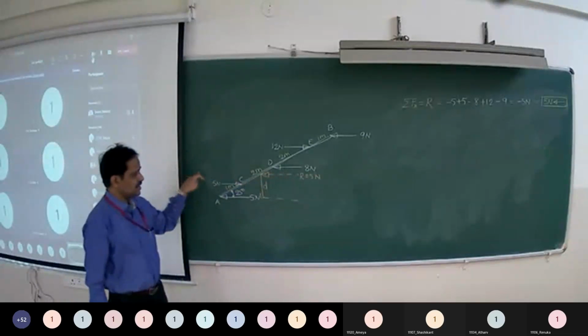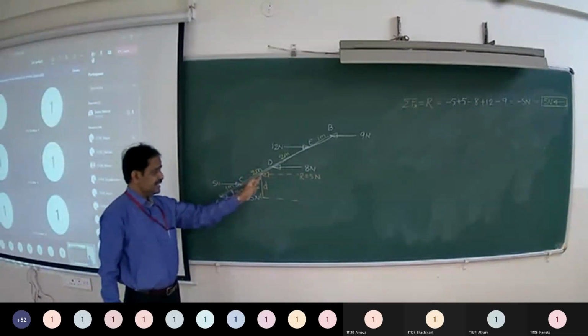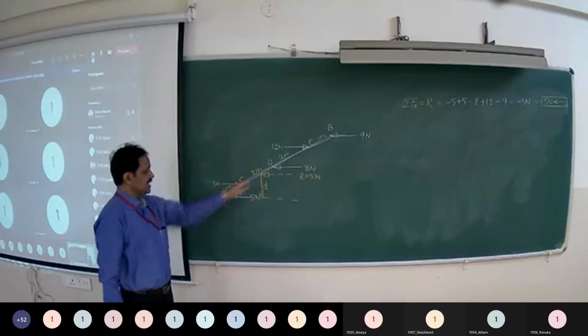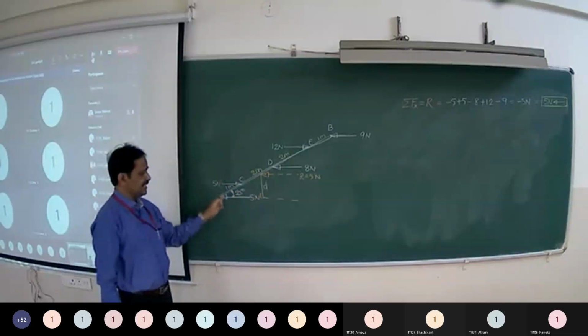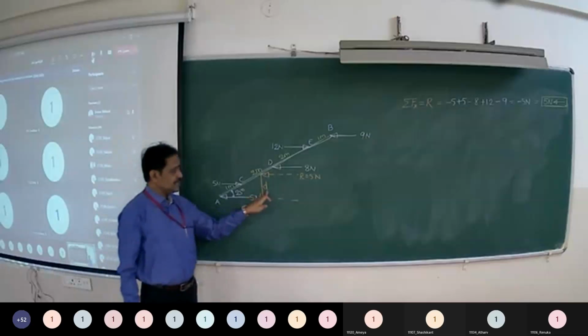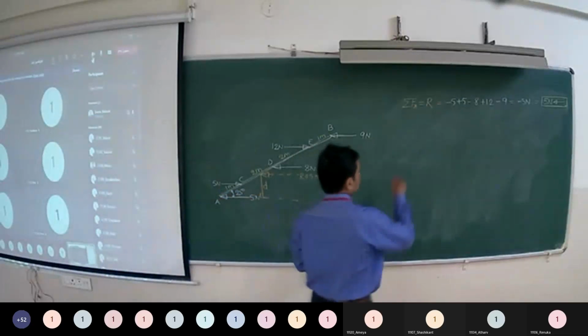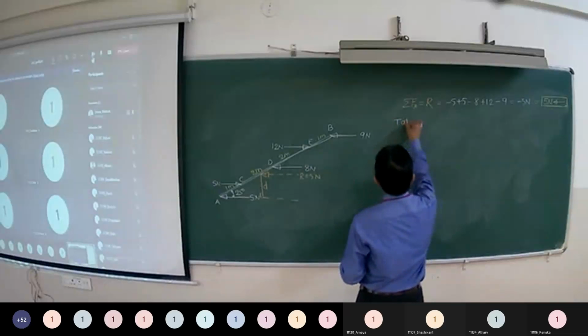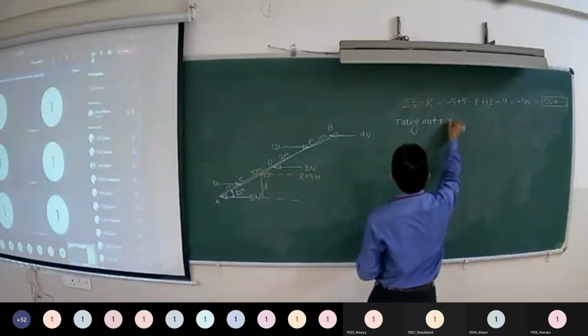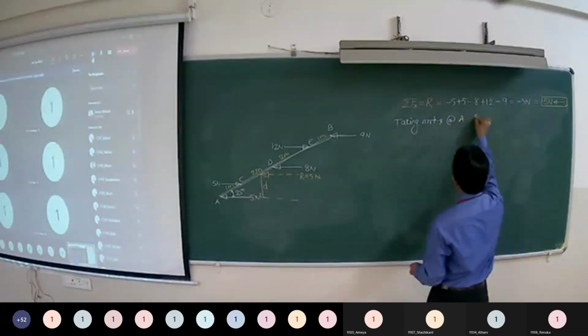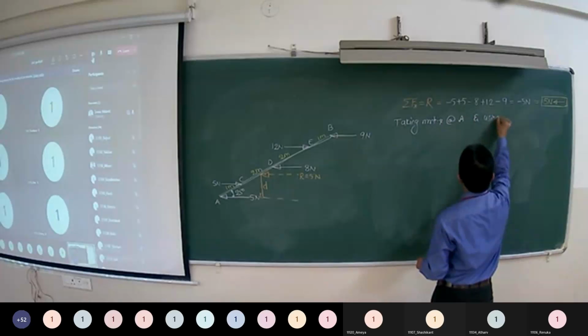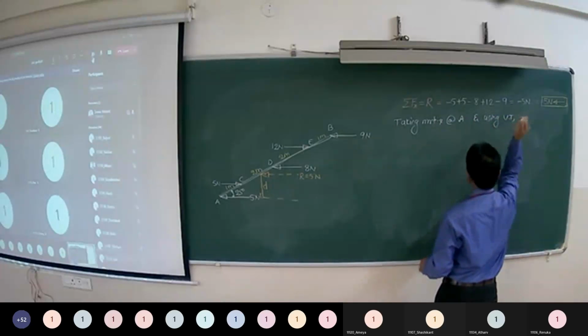The resultant is acting horizontally towards left. That D is the perpendicular distance from the line of action of the resultant to point A. Now to find out D, we can use Varignon's theorem. So taking moments about point A and using Varignon's theorem,